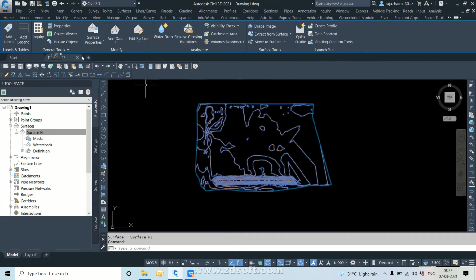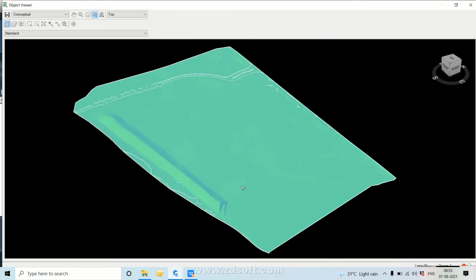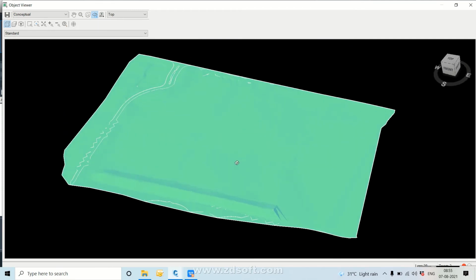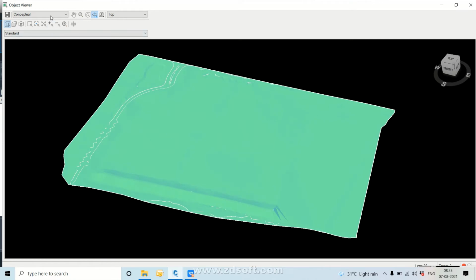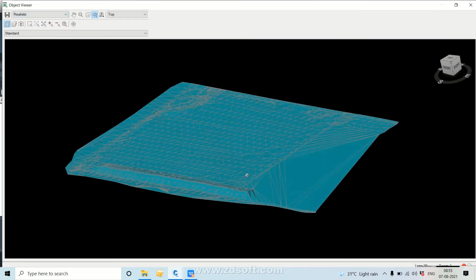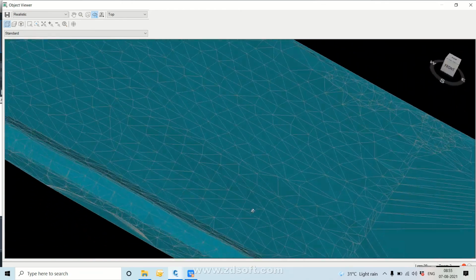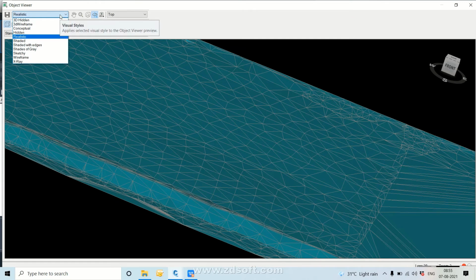and click over your object view. Now you can see the surface has come. The color I selected has already changed. Now if you want to see it conceptual, you are just watching the conceptual. For the materials that were given, you have to go to realistic. Now you can see the materials that were given over here. Realistic, you can see the actual materials given over here.